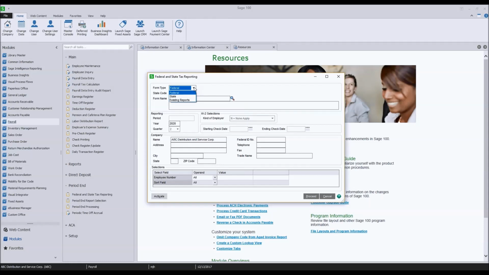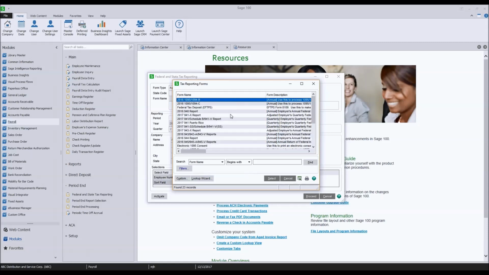What you folks will see is a radio button that will let you choose between federal, state, and existing reports. And then you would have a box over here that actually has your particular forms listed. The new version here has split that out into its own lookup so that we can go hunting.